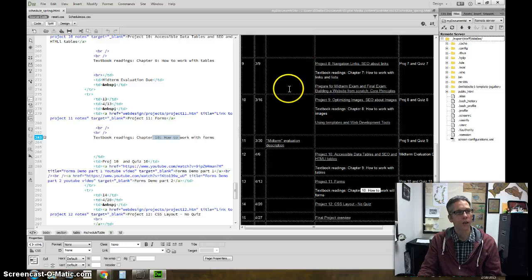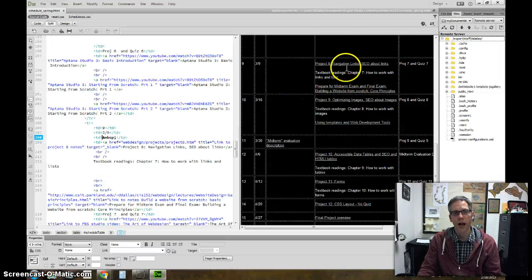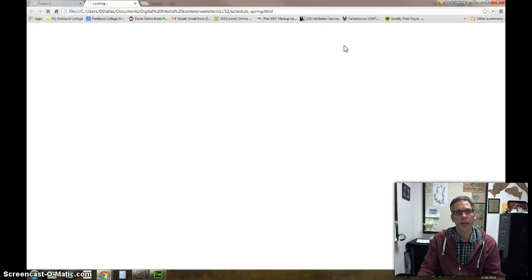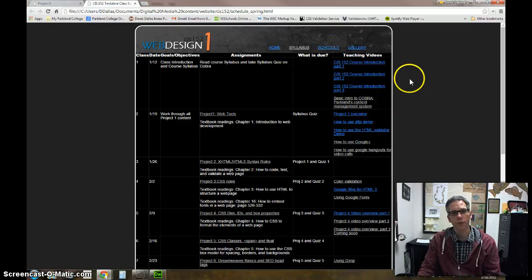One cool thing is that when you have your page, I could actually view this in my browser by hitting F12. If I hit F12, it'll open it up in my browser, and I can actually see the page as it is, not on the server, but locally. It's just running it off my computer, and it's just looking at my